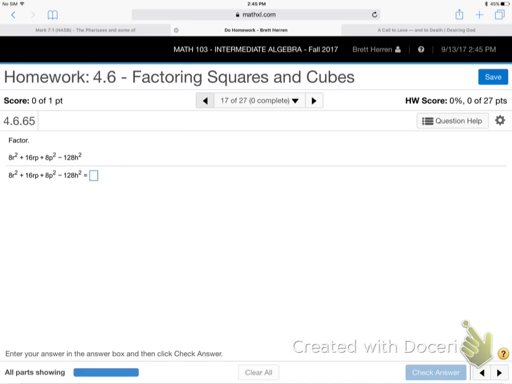Let's try it. So, 8r squared plus 16rp plus 8p squared minus 128h squared. Okay, so your job when you look at four terms like that is to ask yourself if the first three